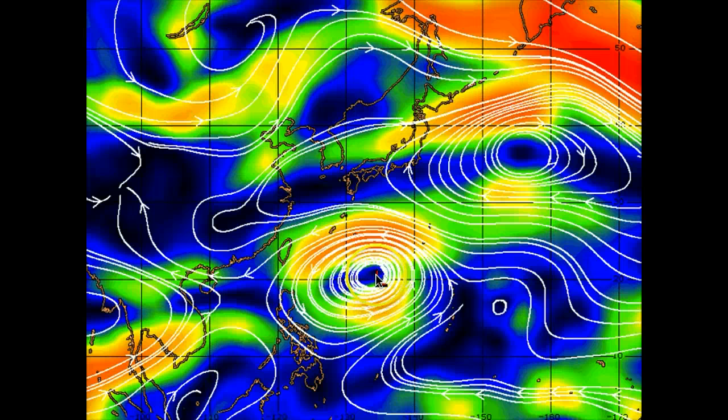If you look at the system, it's located right here, and if you follow that overall background flow, it is taking it off towards the west, and as indicated here, should take it south of Okinawa and much of the major Ryukyu Islands. Yet after it does pass here, I expect this area of high pressure ridge to move off towards the east as a trough starts to move in from the northwest. So all those factors combined, I think it'll go south and then eventually start to recurve up towards the